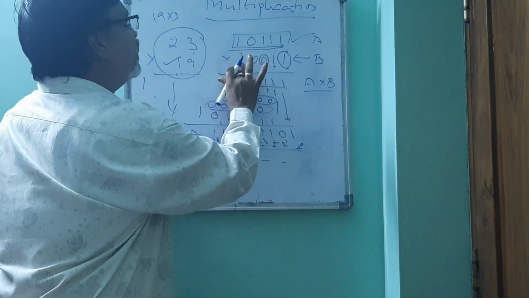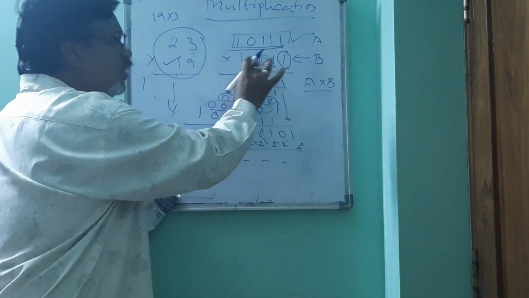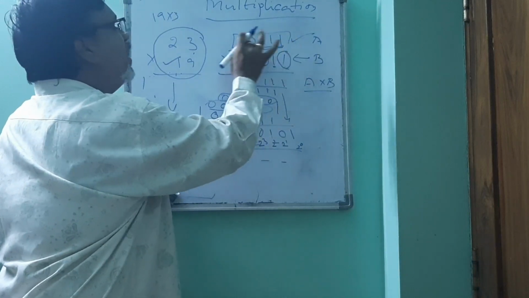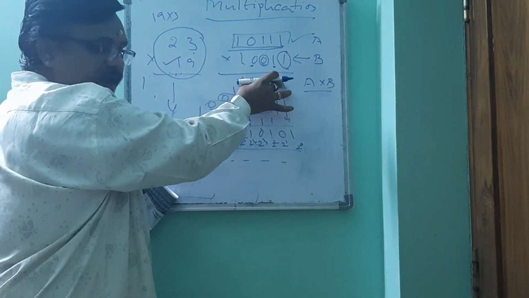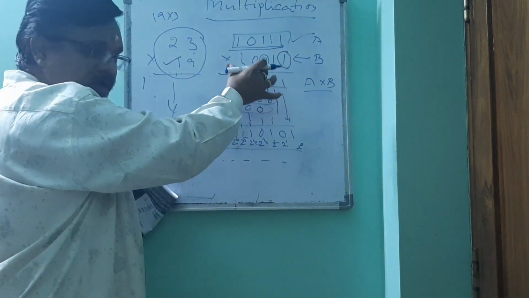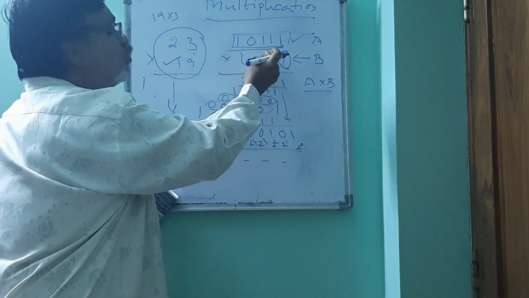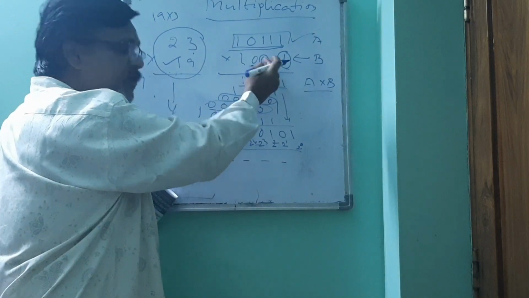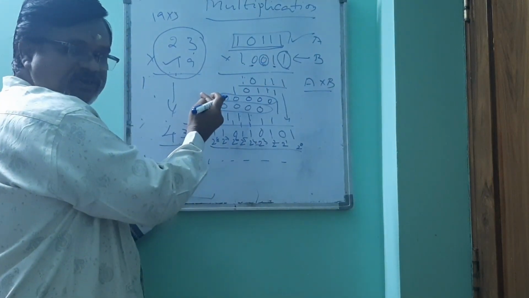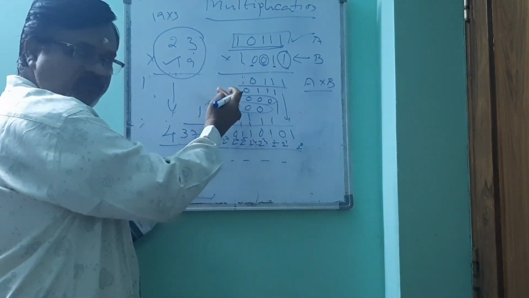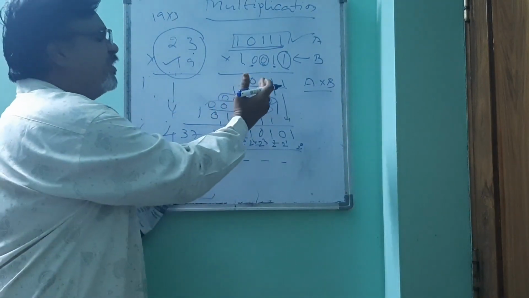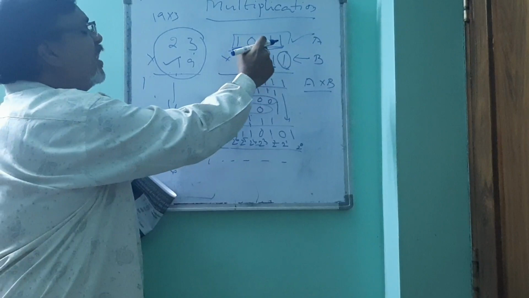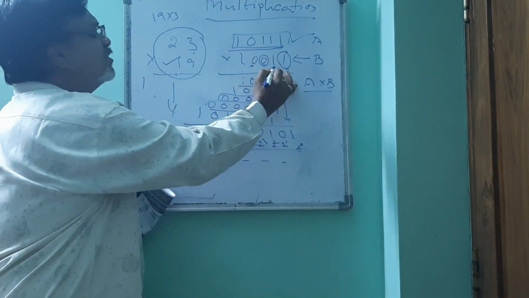Means here in the second value, if you have 1 and multiplying with the A value, first value, as it is you are writing. After writing the same, if you want to go for multiplying with the second bit, you are shifting left one position. Remember, I am explaining you the logic behind it. You are shifting left one position and writing the same number. If here it is 1,